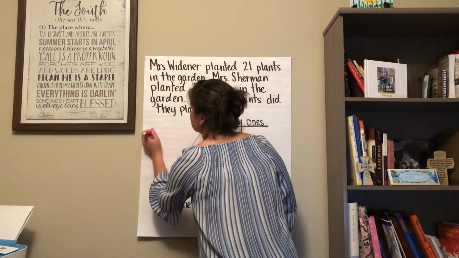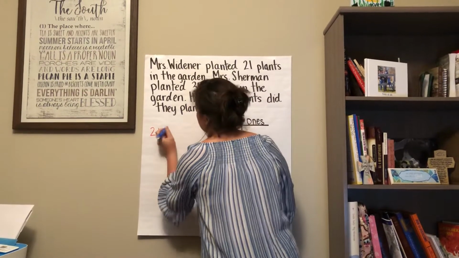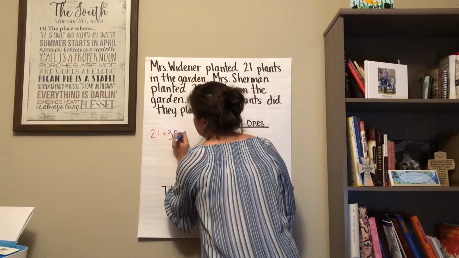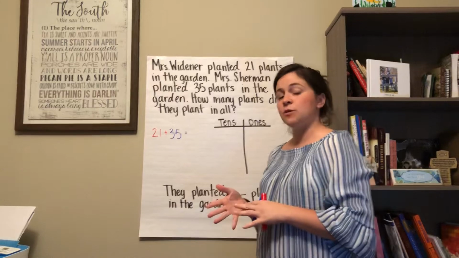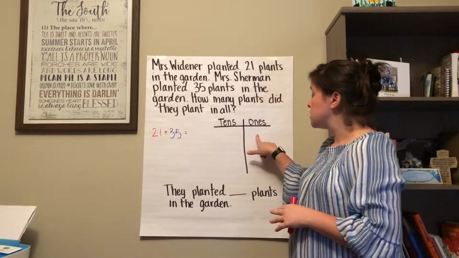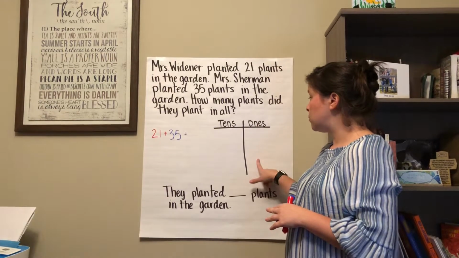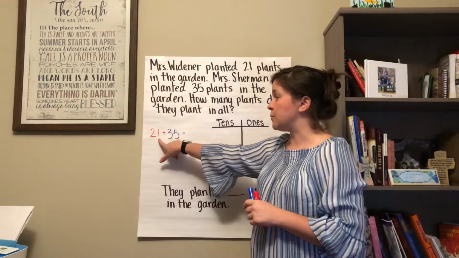21 plus 35. Okay, now remember when we're doing place value, we're going to be thinking about tens and ones. And we draw our T-chart so that we can put our ones on one side and our tens on the other side. So if we look at our first number, 21,